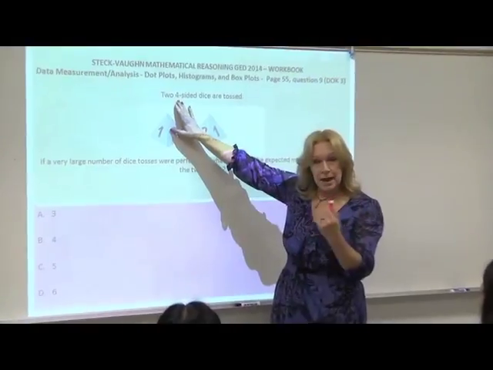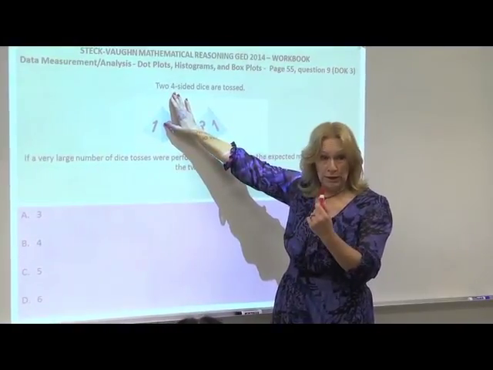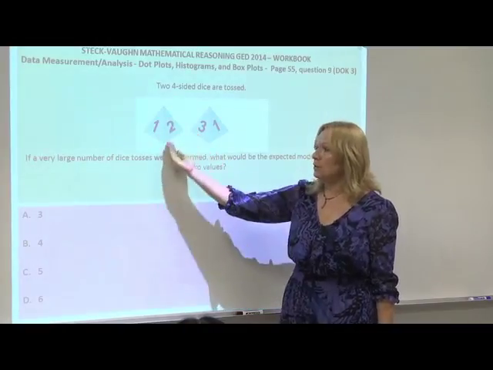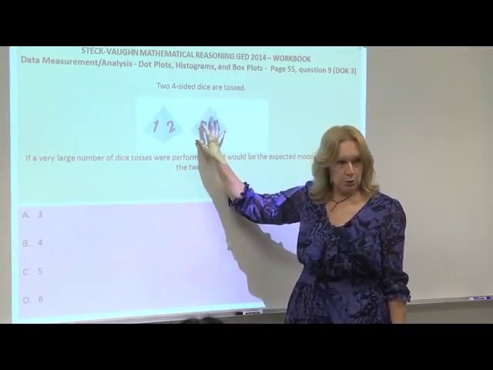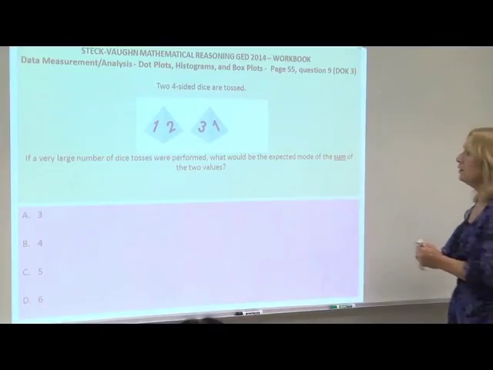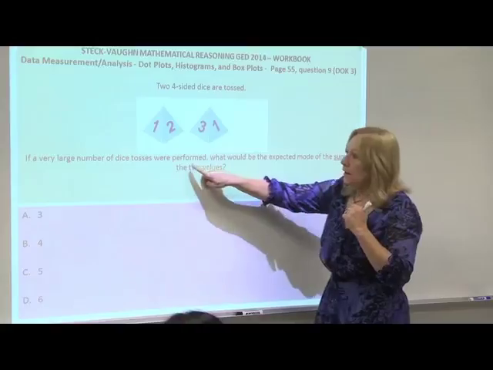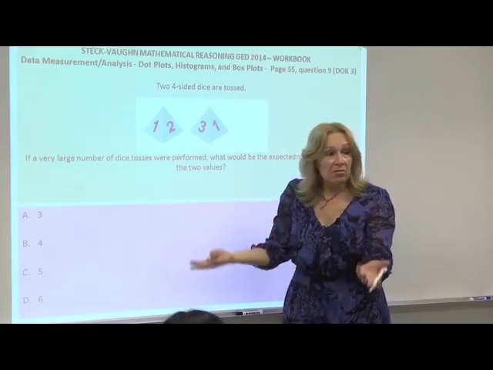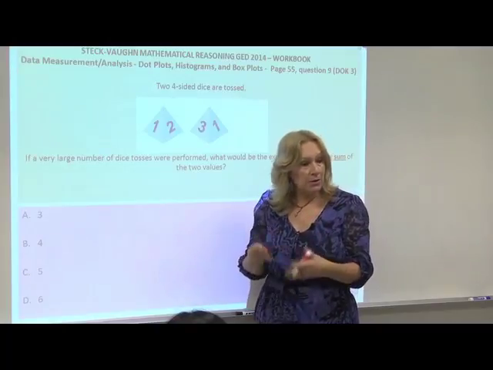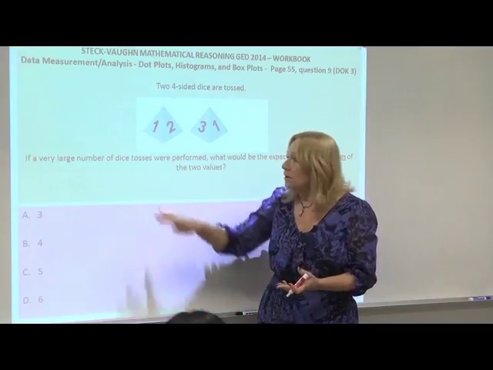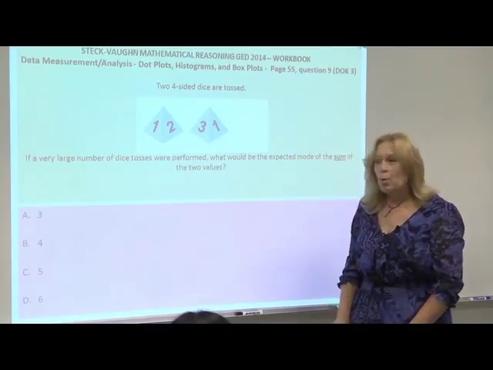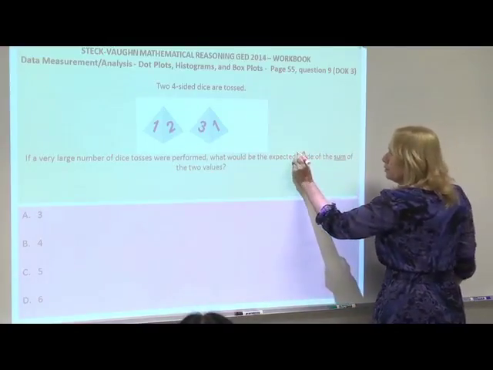They have 4 sides written 1, 2, 3, 4. Okay? So there is a 1, 2, 3, and 4, and here also 1, 2, 3, 4. So there is no 0. Another thing to understand, this is just random. It's not something that comes from an experience that has been done before. This is just random. If you toss them often enough, what would be the mode